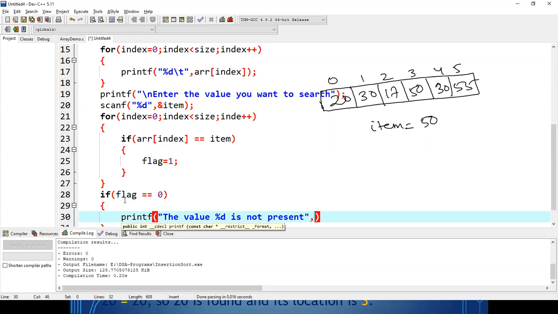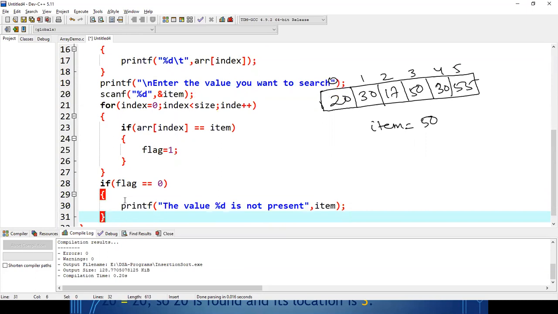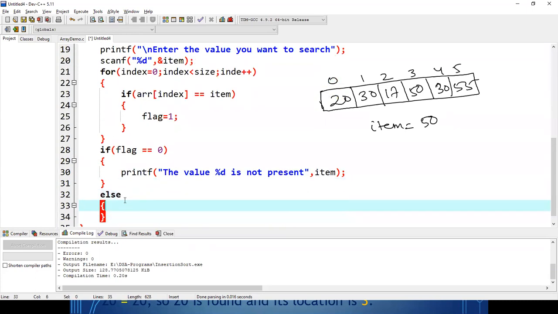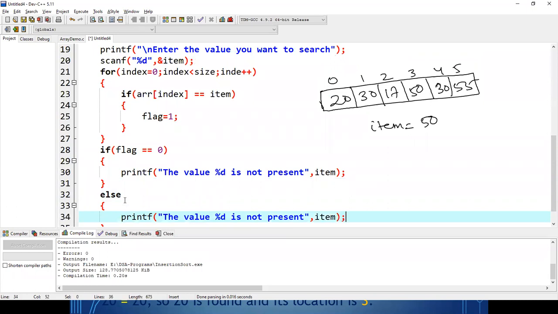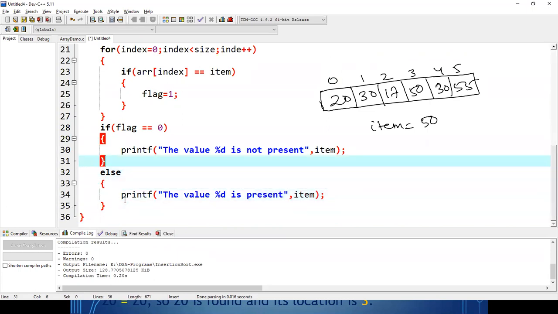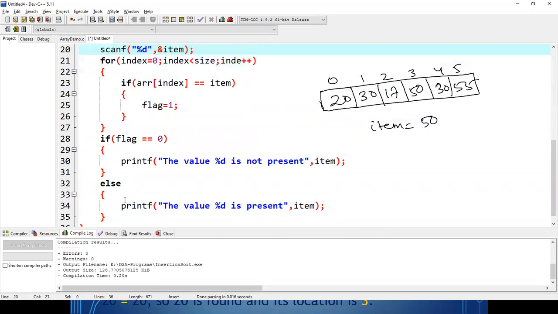Else, print the value is present. Clear? So let us execute this program.